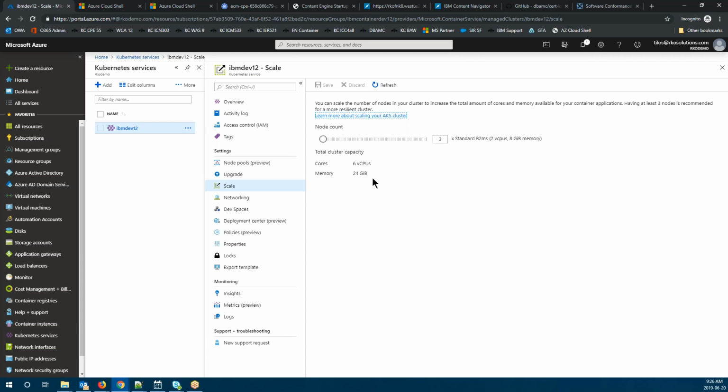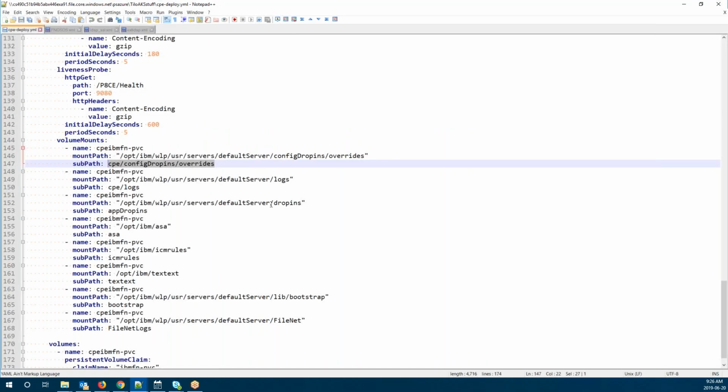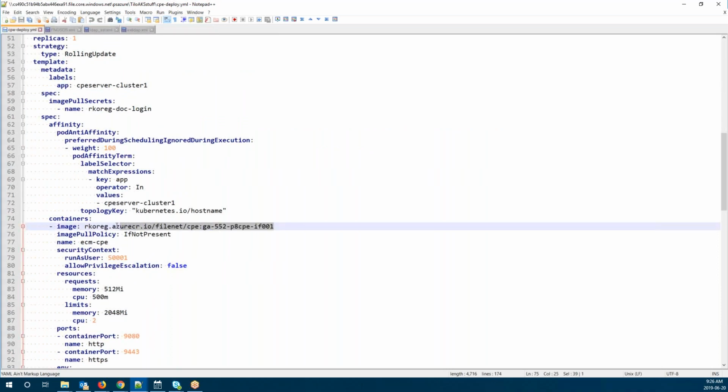Talking about upgrades and such, right now the configuration file gives you the flexibility to control how you would roll out a new container. So if IBM FileNet releases a new container, in this case, I point directly to a version image. That's my container image. I could also, in this configuration file, say latest prod, and then I would tag my container image in my container registry accordingly, so that it would pull whatever version is tagged to be latest prod or latest, however I want to set that up and deal with the